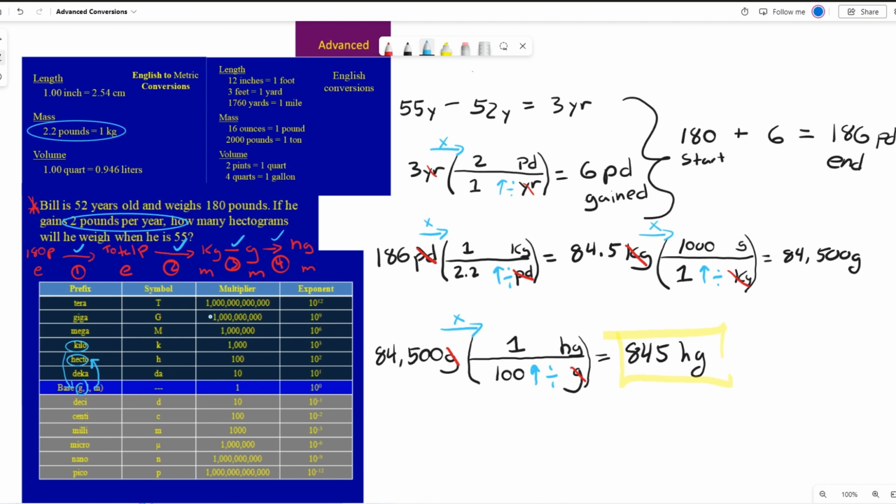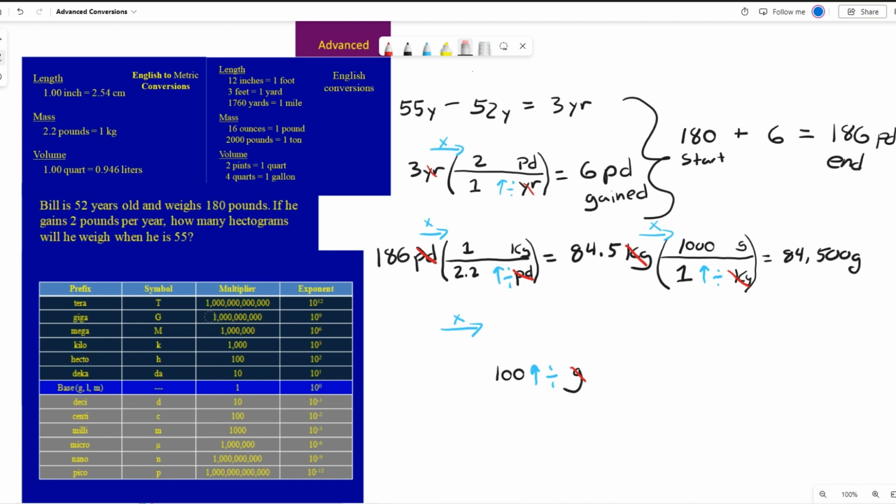Now, the next problem that we look at is actually going to be, I believe, something like 7 steps long. So take a deep breath, close your eyes and relax for a minute and get ready. And we'll take a look at the next problem. And if you can do this next problem, this would be considered on pretty much any exam